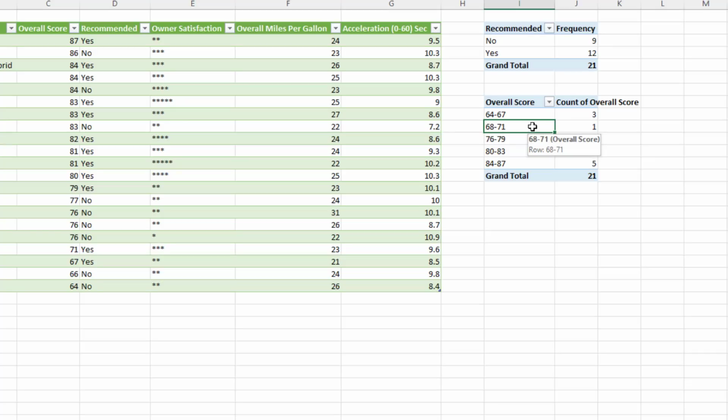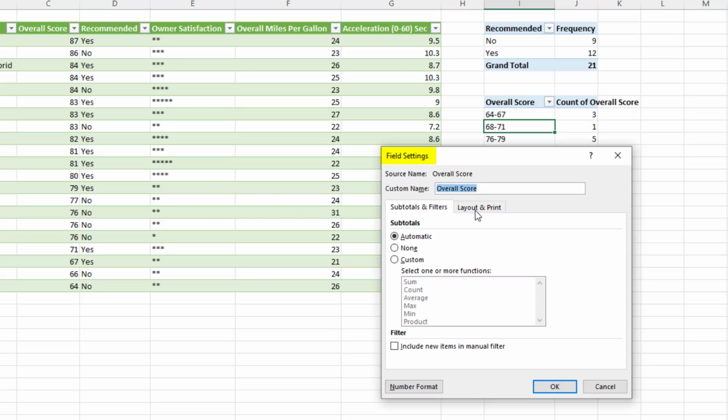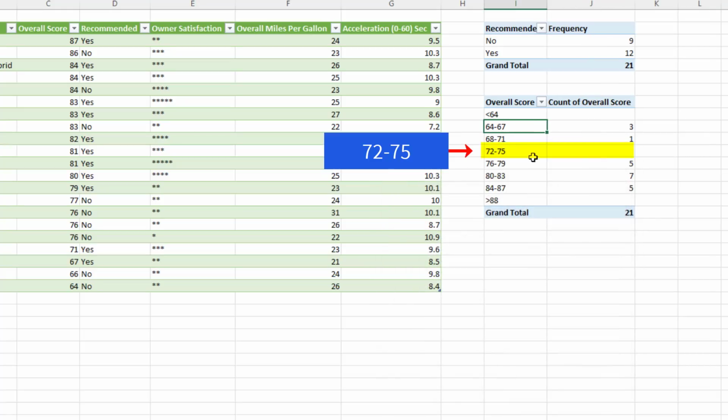Now, if you want to show that category, right-click, go down to Field Settings. In the Field Settings dialog box, go to Layout and Print, and then check Show Items with No Data. Now, when you do this, it shows the other 2 categories that are hidden. And the pivot table is really polite in this regard. We typed in